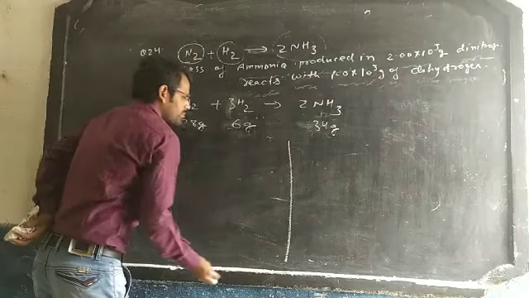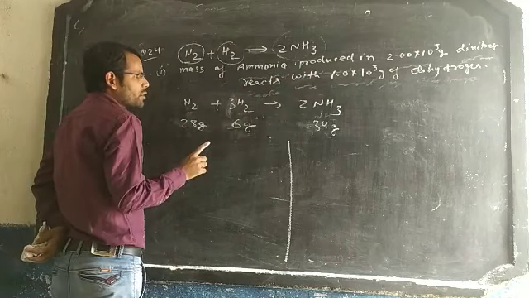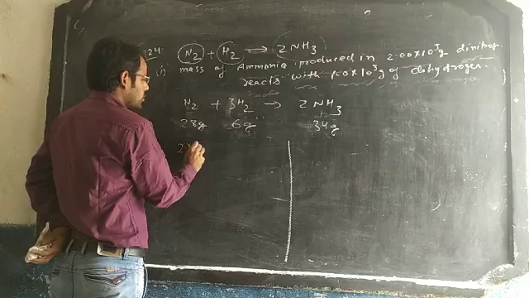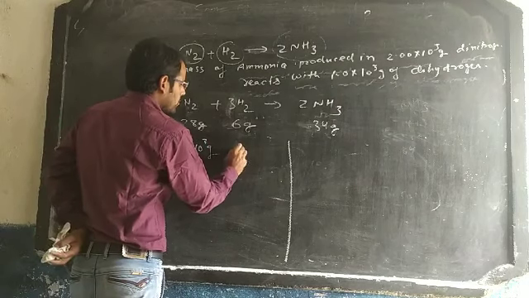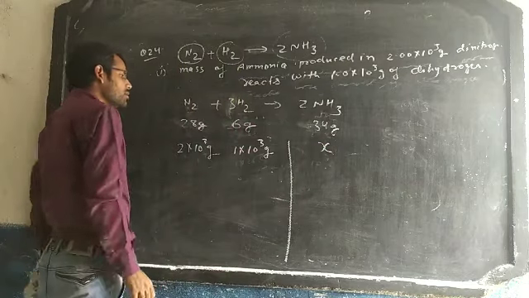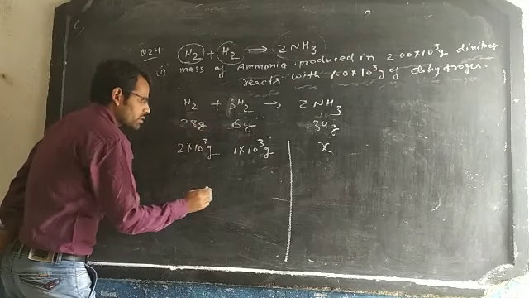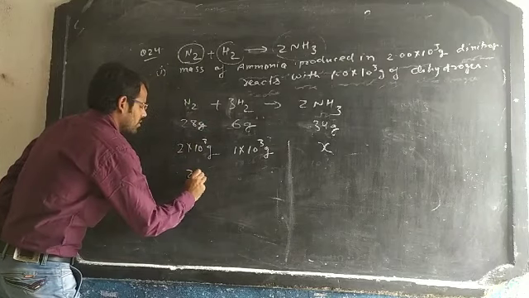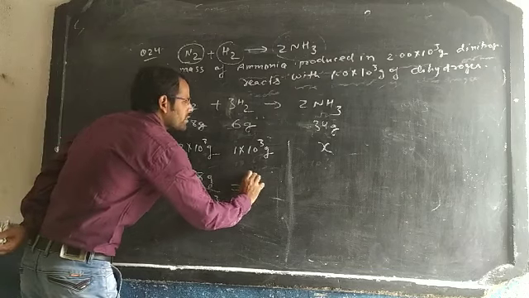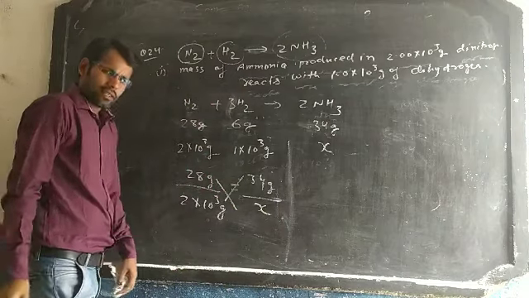According to the equation, 28 gram, and this will become 2 moles. Mass of the ammonia produced in 2 moles: how much is produced? 28 gives 2 × 10^3 gram, 1 × 10^3 gram, and this will be the X. Suppose we ask which one is limiting. If nitrogen is limiting, then the equation will be 28 divided by 2 × 10^3 gram equal to 34 gram upon X. Cross multiply, and we can find it easily.